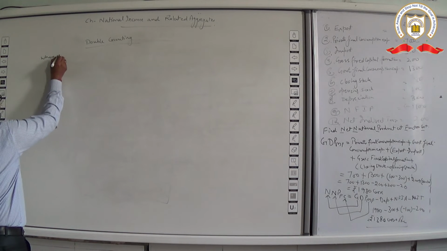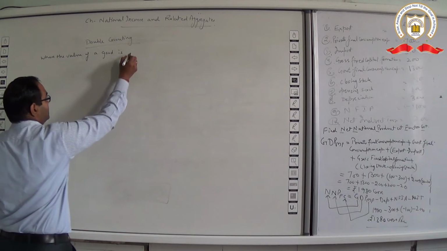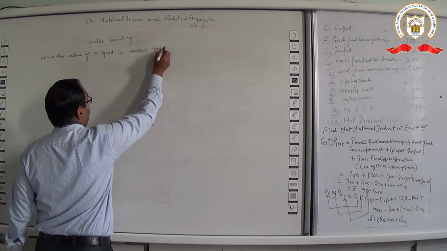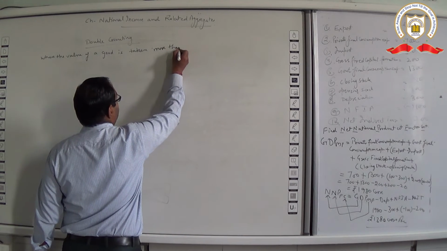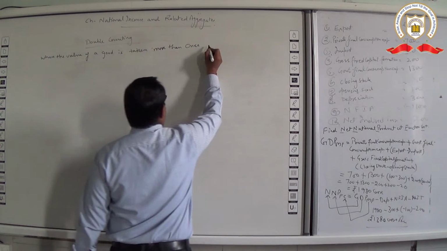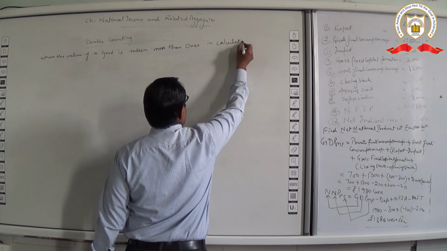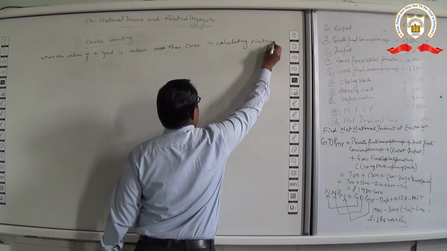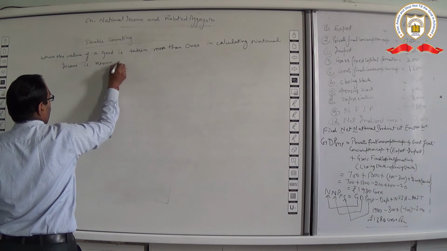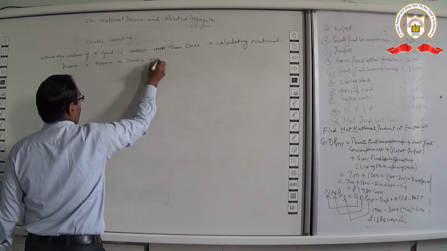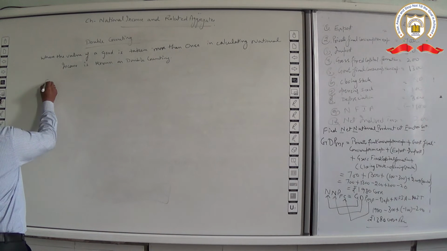When the value of a good is taken more than once in calculating national income, it is known as double counting. For example, if a farmer